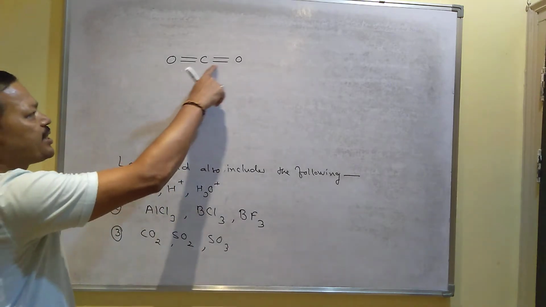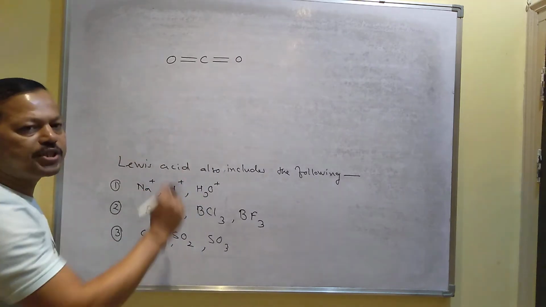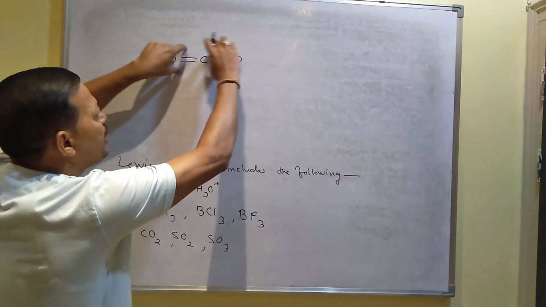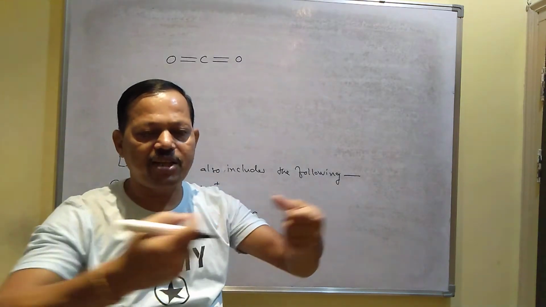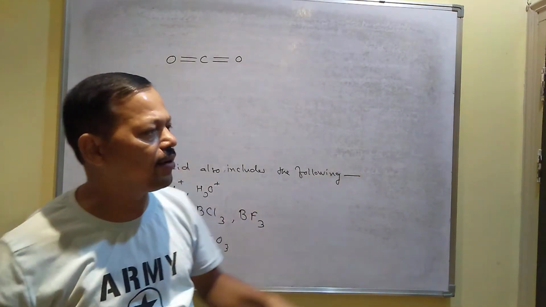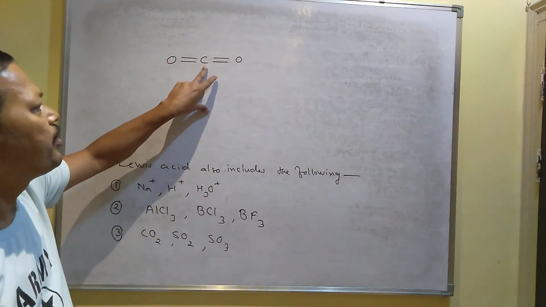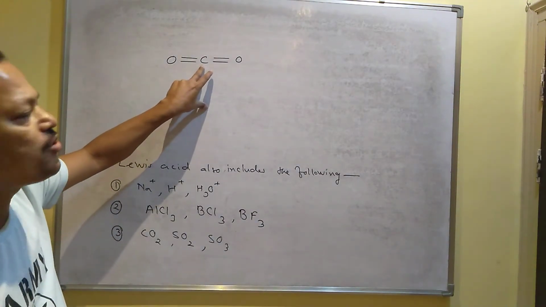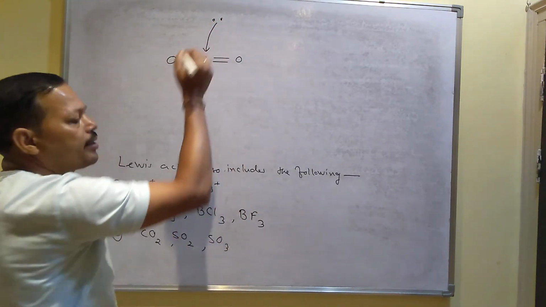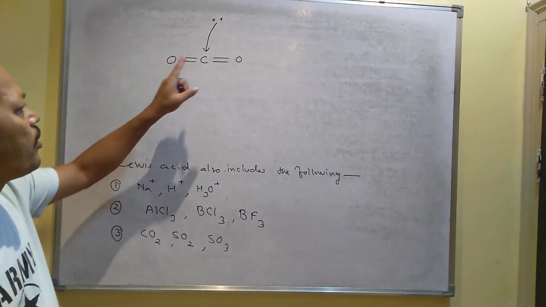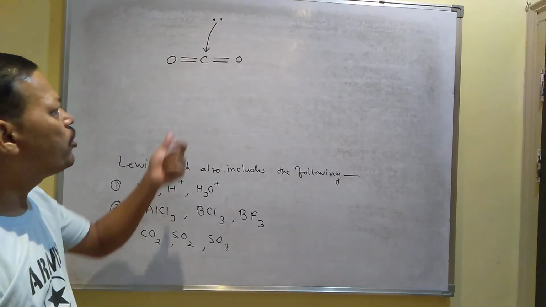As you know, oxygen is highly electronegative. Due to more electronegativity of oxygen, it will attract the bonded electron towards itself. So when both the oxygen attract the bonded electron towards itself, then some deficiency of electron takes place inside carbon, and due to this deficiency of electron inside carbon, carbon can gain one pair of electron from outside, and that is why carbon dioxide, sulfur trioxide, this type of molecule can act